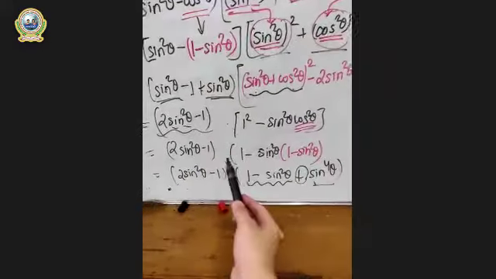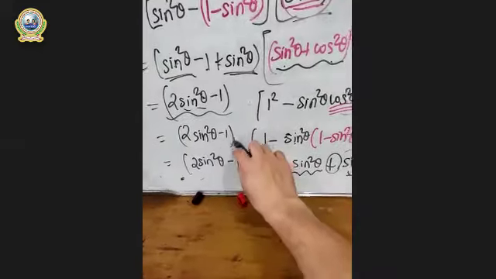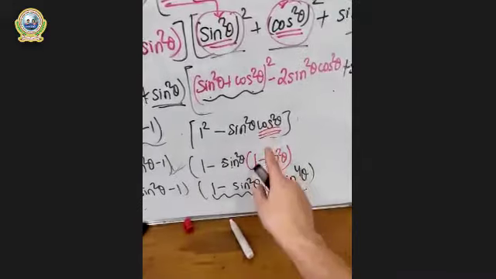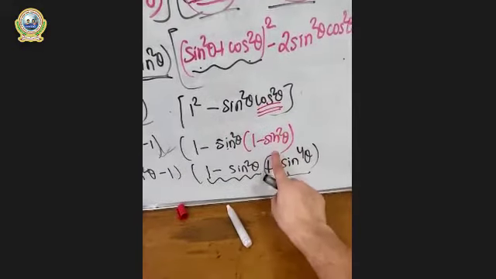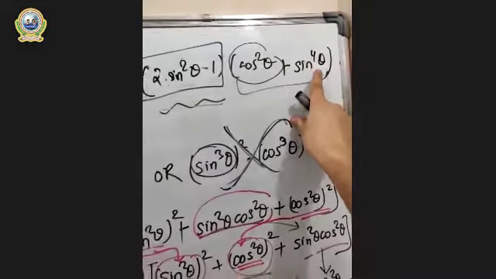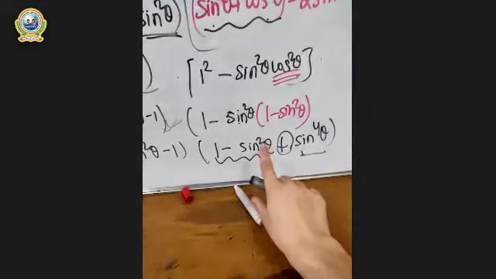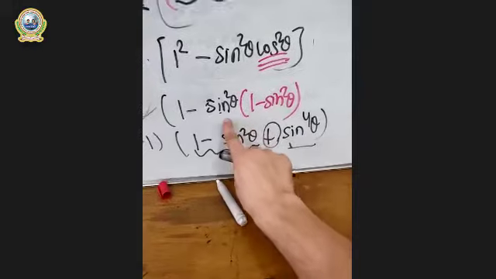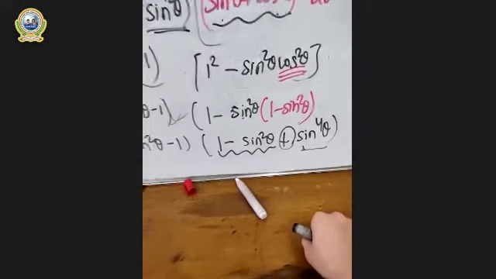And now it will be, look at here. This part should not be touched now because this is already what we obtained, right? This is what we need. And look at here, cos square has been converted into sine square, so that we will get sine 4 in our right part. So we did this, and we just opened the bracket by sine square. It will be sine square 1 is sine square, and minus minus will be plus, and sine square will be sine 4. Look at here.